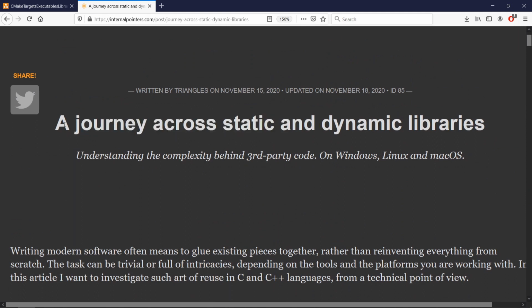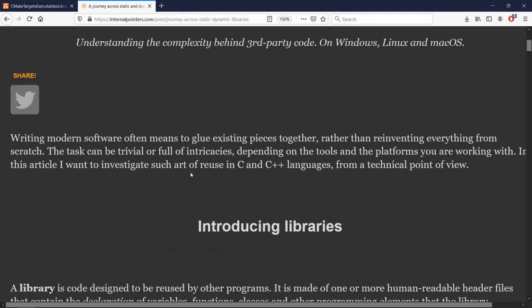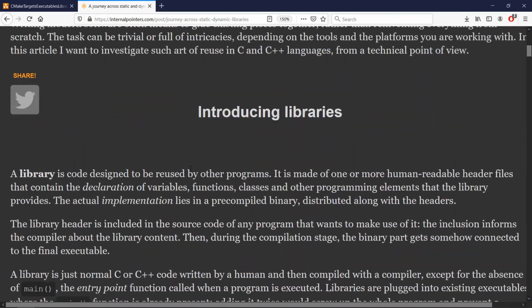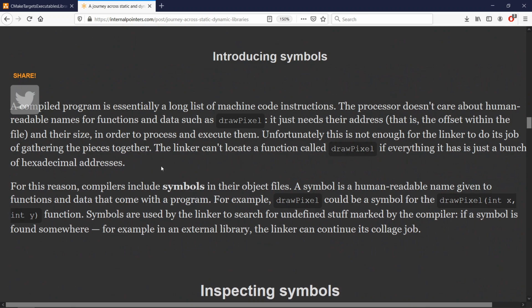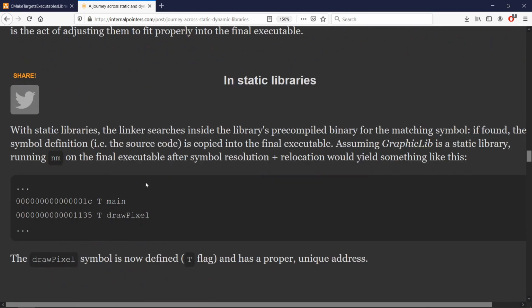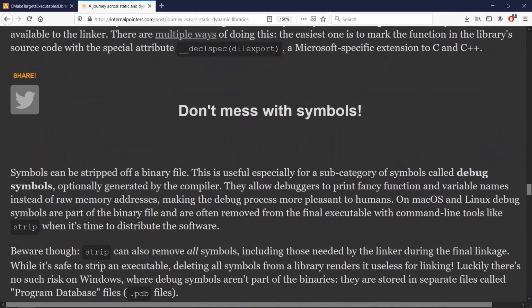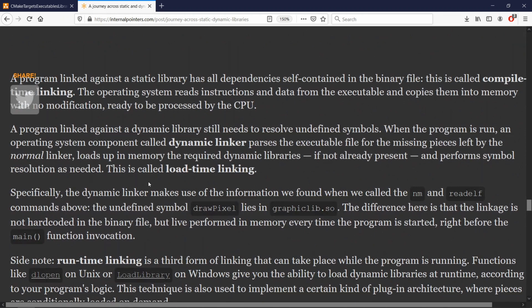If you are new to these kinds of concepts, I strongly recommend this blog post by Internal Pointers. You can go there and really learn a lot about static and dynamic libraries. This is a really good reference. I have learned a lot about it myself, and it is really good. I do recommend it. So go read it if you really think that you are rusty on the knowledge about